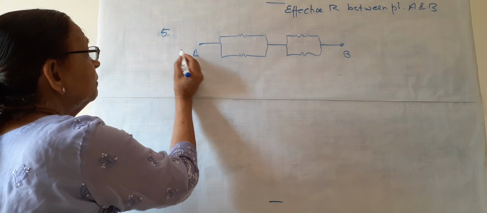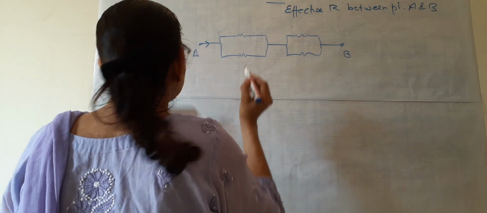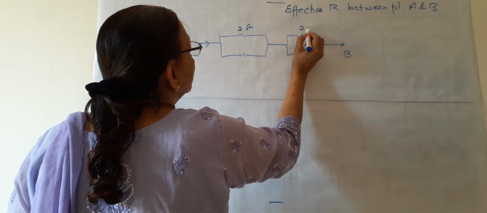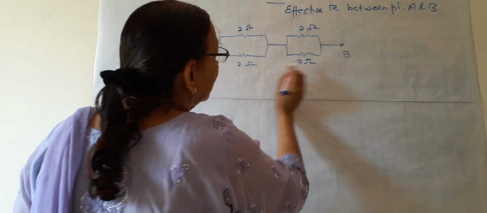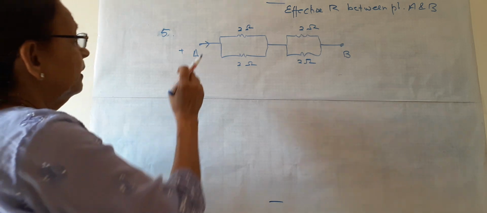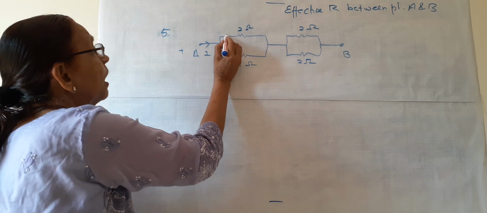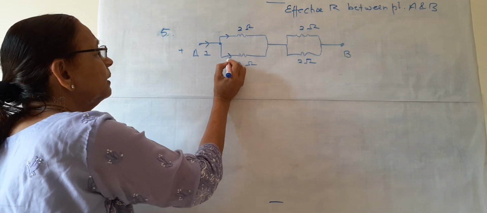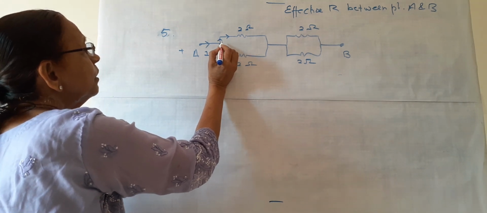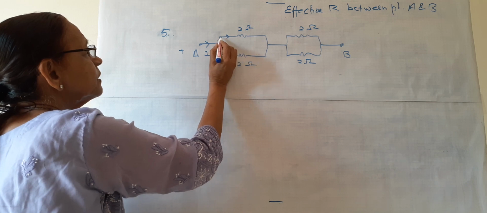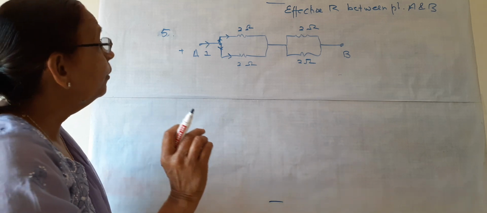So the total from plus to minus, the current is flowing from here, and what are the values? All are, suppose, 2 ohm. These are 4 resistors. They are joined like this. What are you seeing here? This current is entering the circuit. This is the junction. Some part of the current is going here and some part here. There is a division of current because two paths, two roads are there. This is one road, this is the other road.